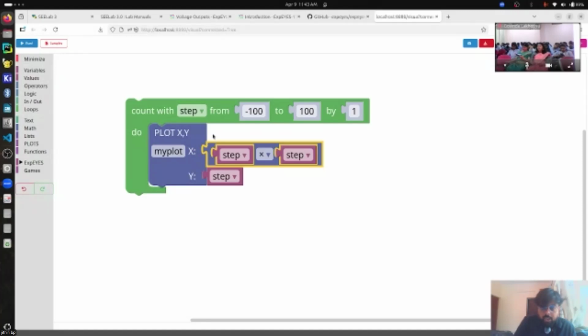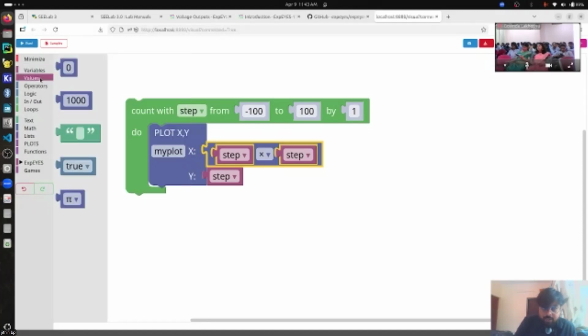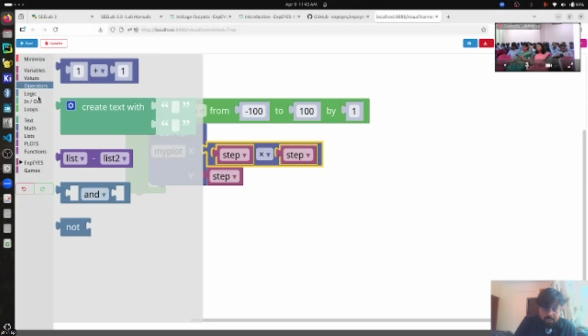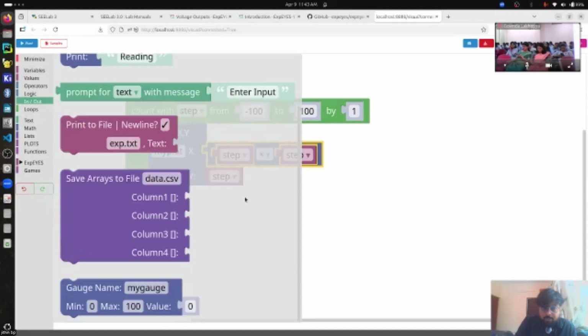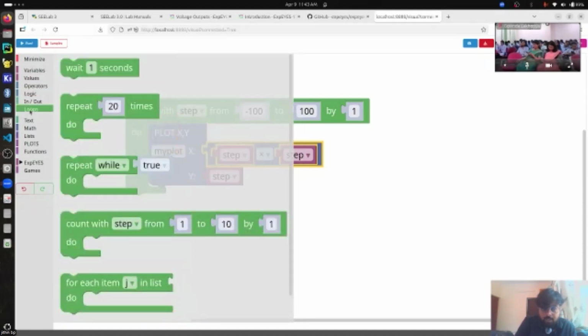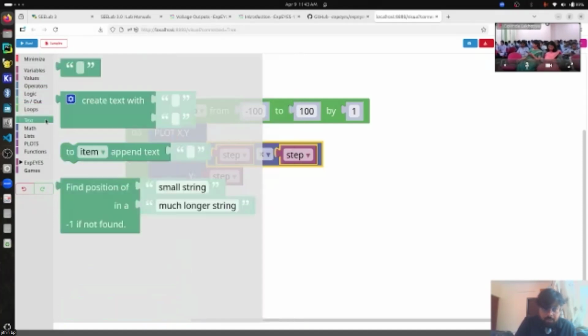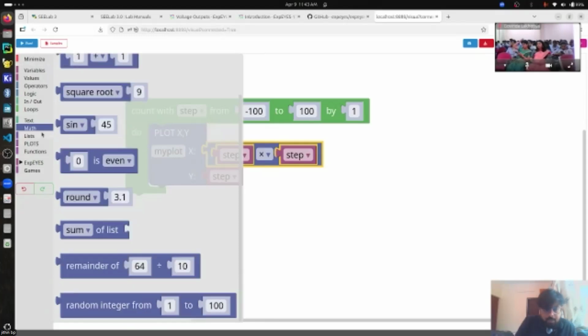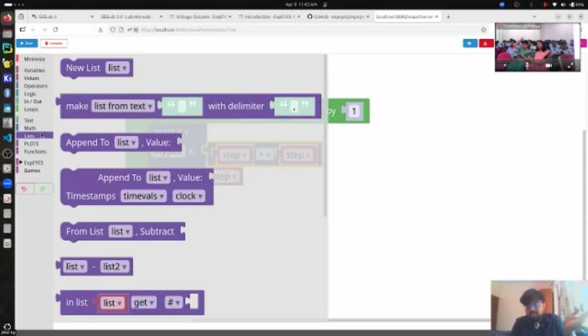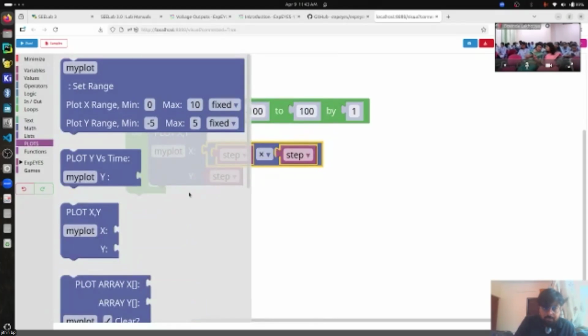So now we have seen what are variables, what are values, what are operators, logical conditions. If something is true, do this. If not, do something else. So these are all things that you will learn when you learn programming. Input and output, of course, printing, saving, etc. is there. We have different types of loops. We have mathematical operators like square roots, sine, trigonometry, all this is there. You have list. List is basically a collection of variables, different values stored in the same bucket, which you can access one by one. We have different types of plots,